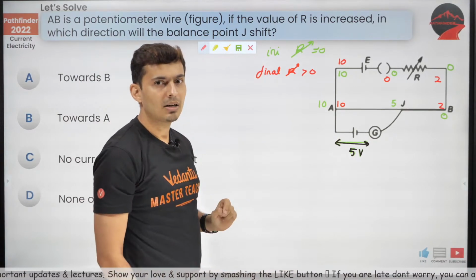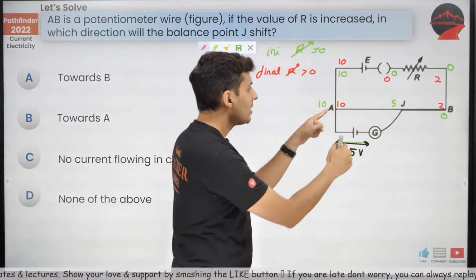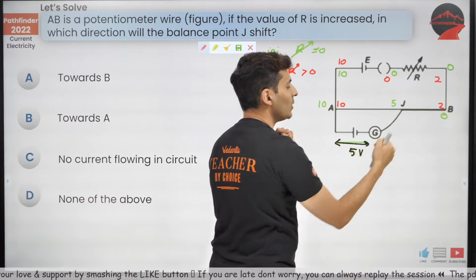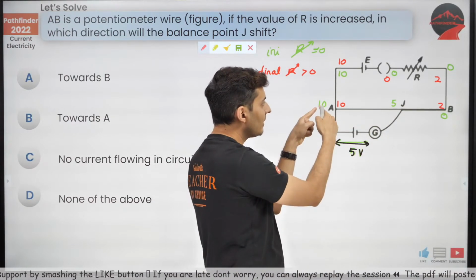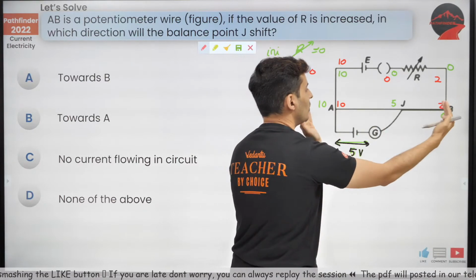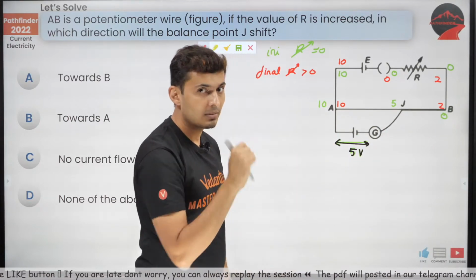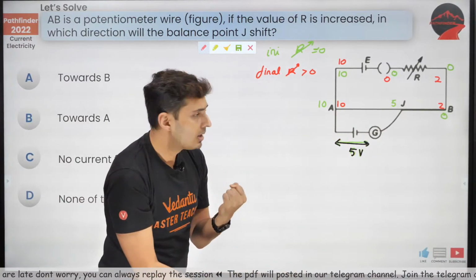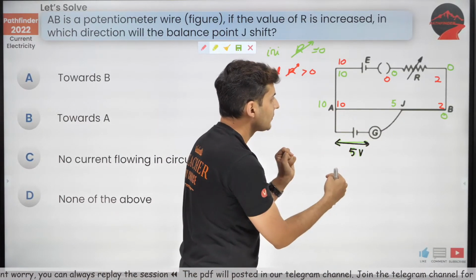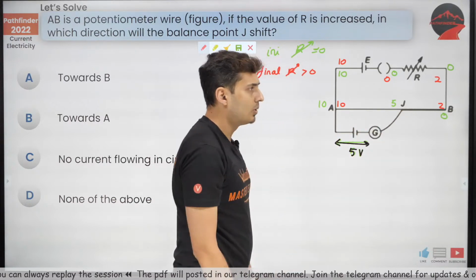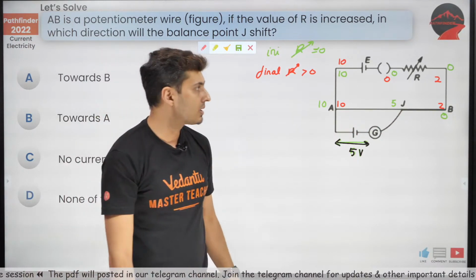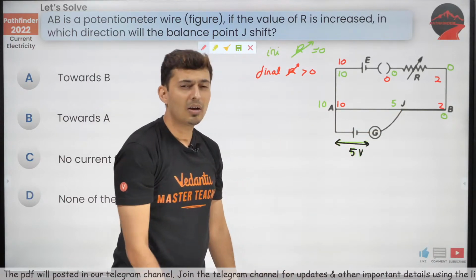Now comes the challenging part. Think about it. What is the voltage difference between A and B now? It is 8 volts. Earlier, look at the green numbers, it was 10. Voltage difference has reduced. Keep this in mind. But this outside circuit is still the same. So I should still get 5 volts. So where will I get 5 volts? Will I still get it at the same point?